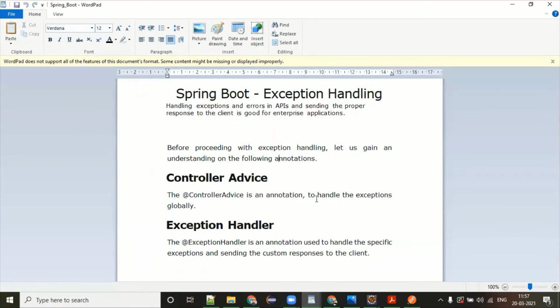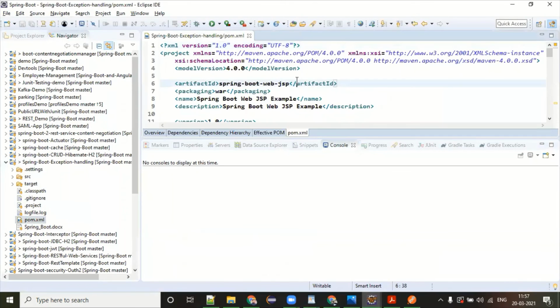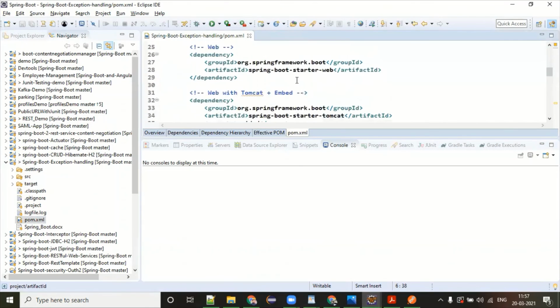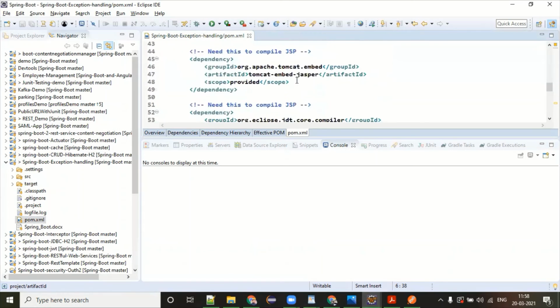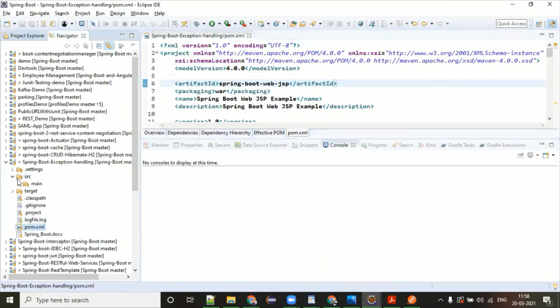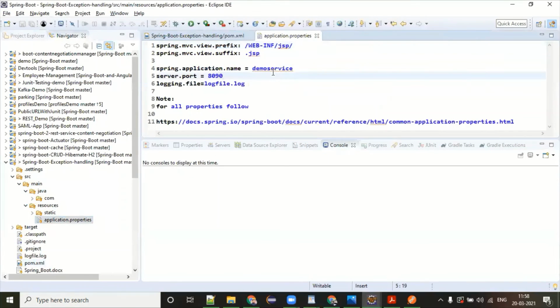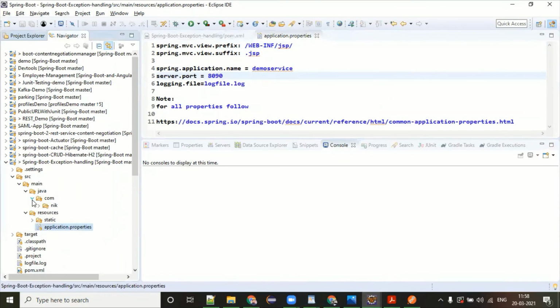There is one annotation called @ControllerAdvice. This annotation will help you to delegate the flow from one class to another class. And this is what I'm going to use. So see the flow. In the pom.xml file, I don't think we have anything additional here. It is the same as whatever you have seen in the previous one. In resources, again nothing important.